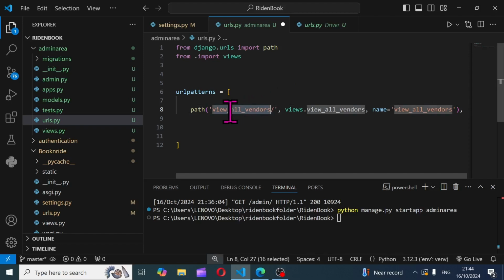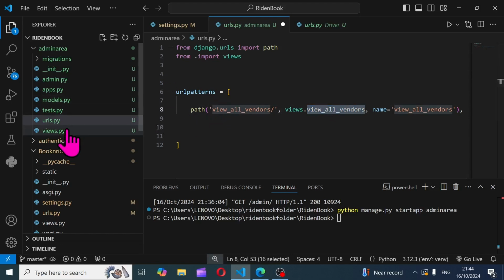Maybe when you go to view all vendors, it takes you to this function, and this is the name that you need to reference on your front end when you want to use this URL. So the three of them can be absolutely different, but this one has to be the name of your function that you are creating. So I'm just gonna copy this, and then now I'll go to my views.py,